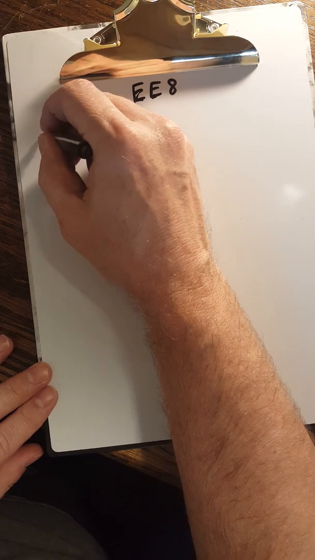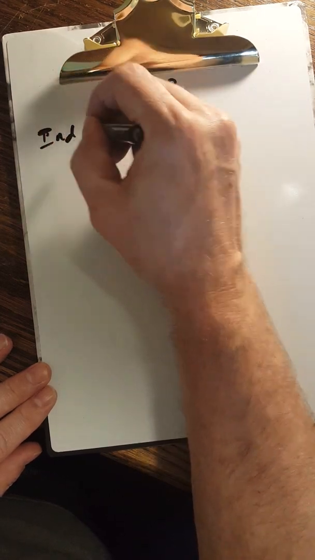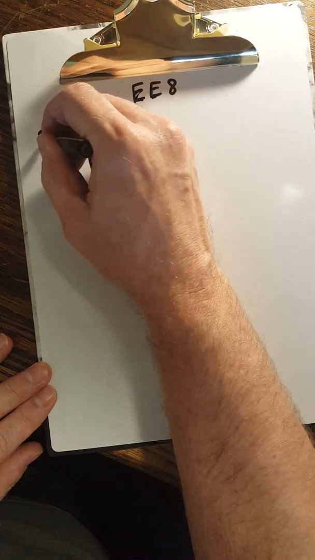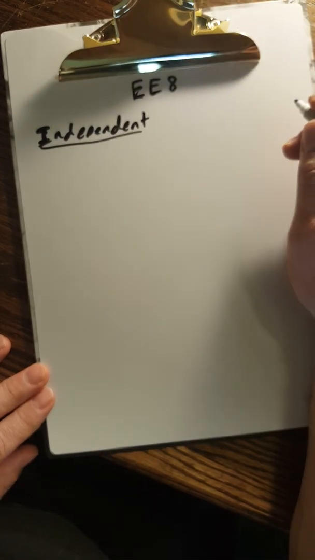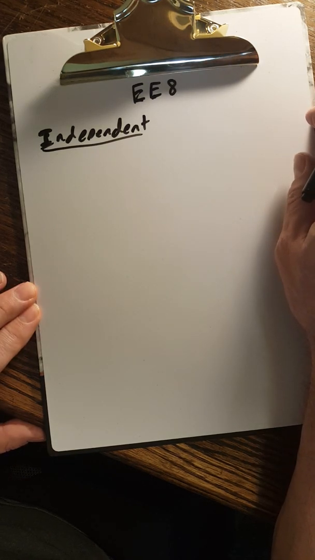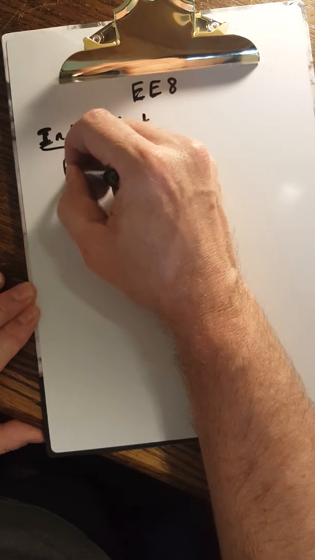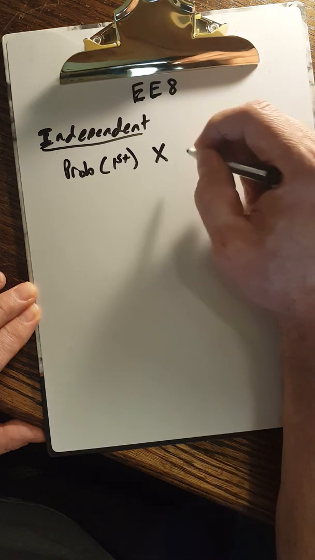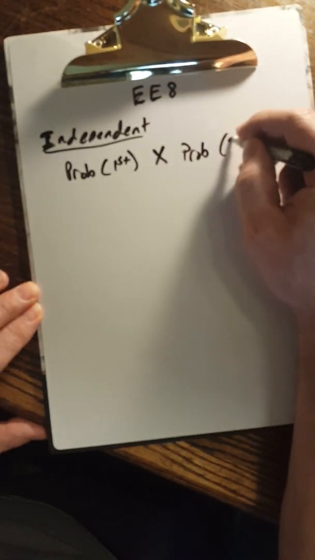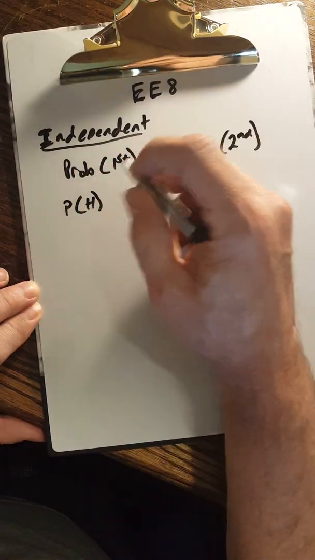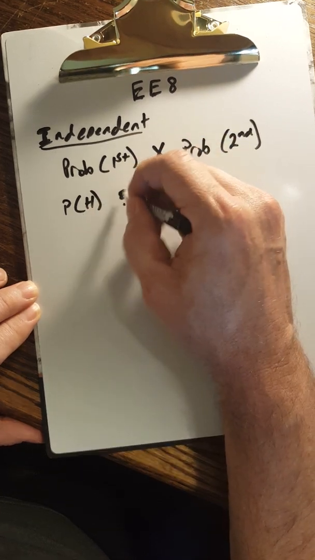Well, the first one we're going to look at is independent. In an independent event, the thing that happened the first time really doesn't affect the thing that happened the second time. And calculating an independent event is actually pretty simple. You just take the probability of the first event times the probability of the second event. It's just that simple. So, for example, what's the probability of getting a heads on your first event and then